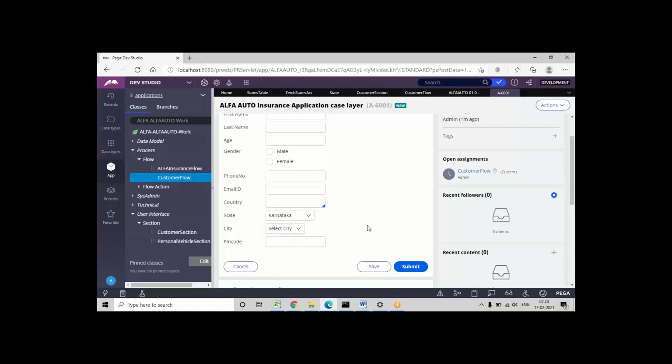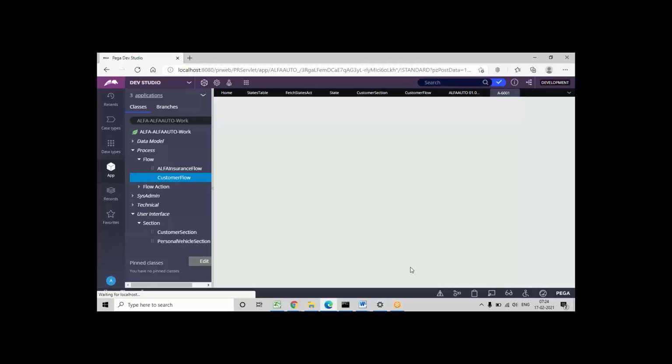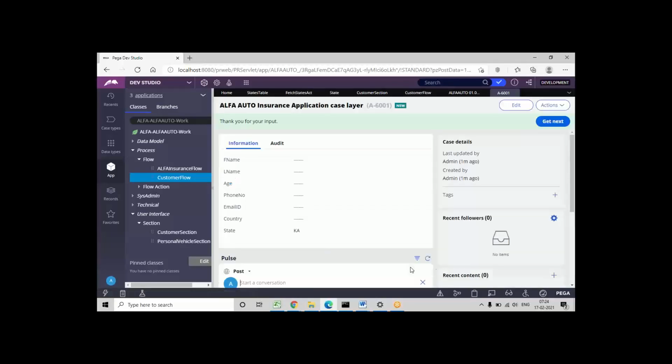After selecting any value and submitting that, this value will be saved in code format. You can see here after submission the value showing is in code format. So whenever we see the display value, whatever we have given as the property value, accordingly the mapping is done and it will show here. So display value will be state name, and after submission it will be saved as a code value.